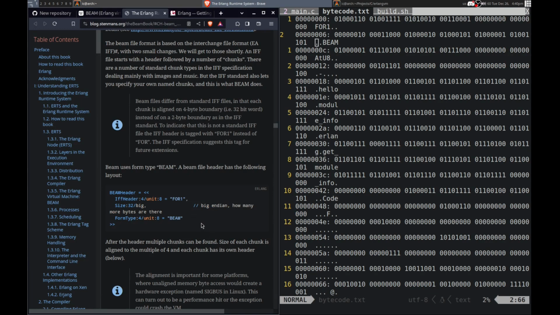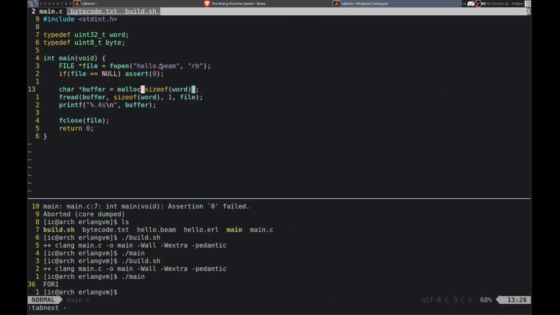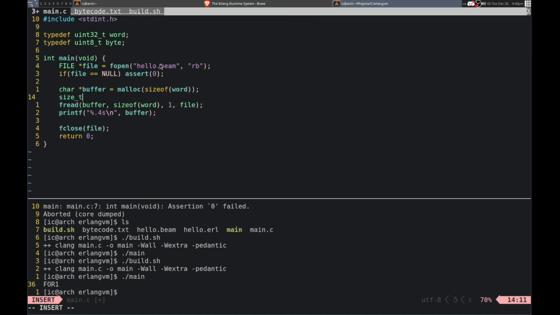So the next thing here, we are reading the size, which is going to be big endian. So we need to consider that, because it's not going to work if we just read it normal. So I'll try that, and it won't work. So I'll just make that size t, maybe just an integer. Maybe word even. So this is just the size. And it can be 0 to start.